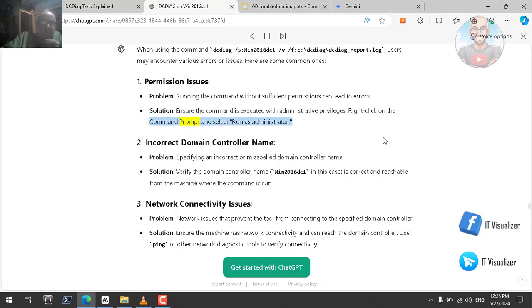Right-click on the command prompt and select Run as Administrator. 2. Incorrect domain controller name. Problem: specifying an incorrect or misspelled domain controller name. Solution: verify the domain controller name, Win2016DC1 in this case, is correct and reachable from the machine where the